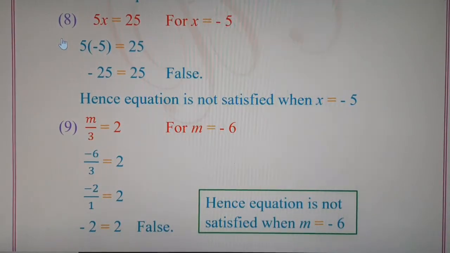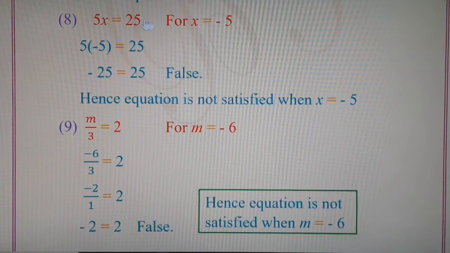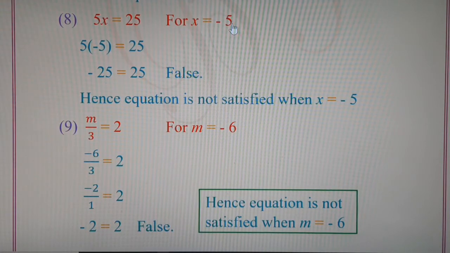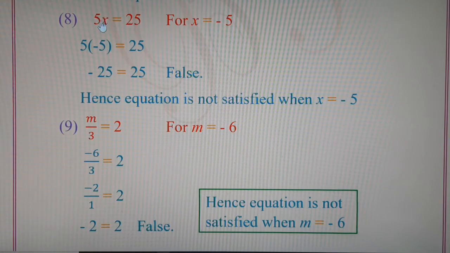Let's check the eighth sum. 5x equal to 25 for x equal to minus 5. Now here the value of x is given as negative 5 or minus 5. So instead of x we have to substitute minus 5. But we will substitute the value in a bracket because between 5 and x there is no addition or subtraction